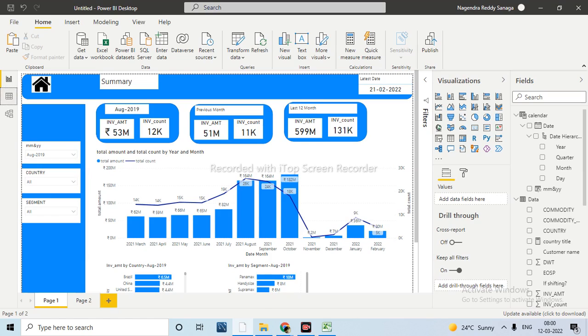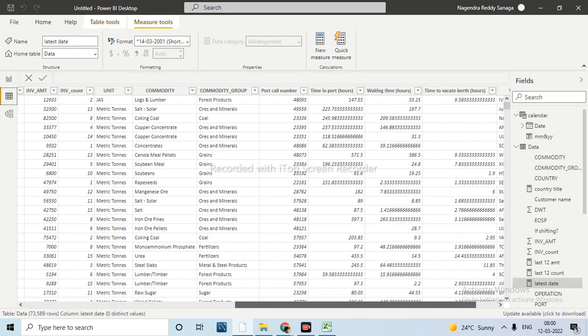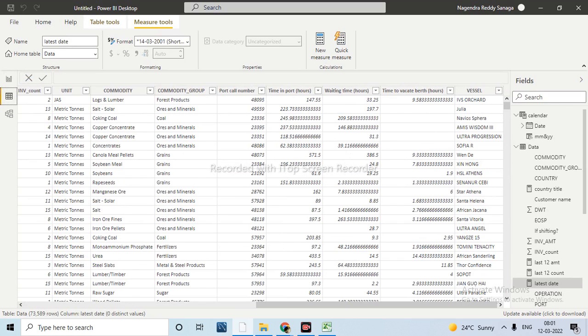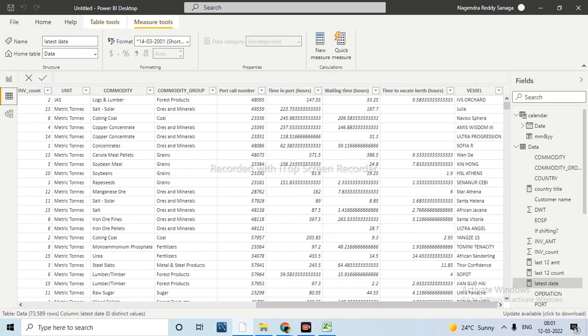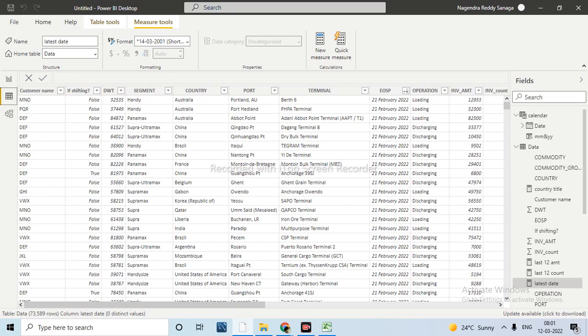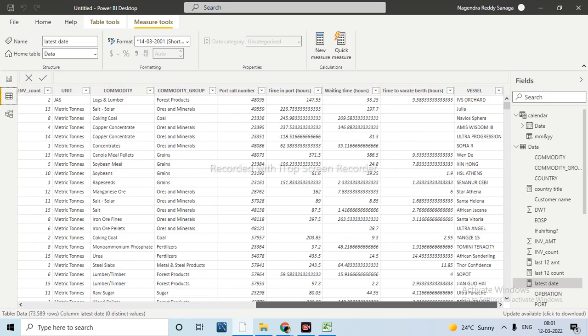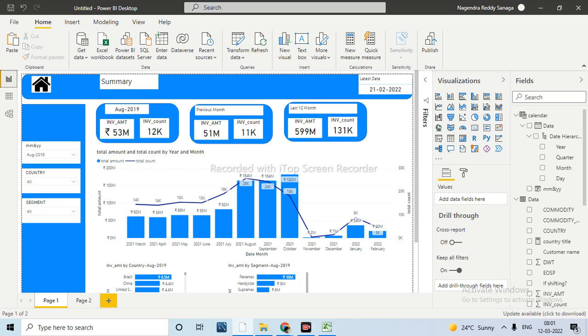Columns, in the sense, when you want to see the information at the row level, then only you will prefer columns. In this case, for the lookup value, you can't write a measure, because measures are dynamic and will take a single value. For each row there is something different, a different DWT number and a different customer name also. For that, we should go by row. Then you can prefer a custom column. When you want to see the aggregation, then you can prefer the measures.